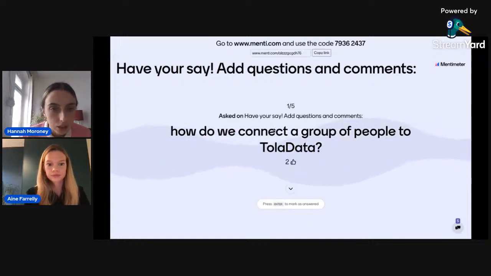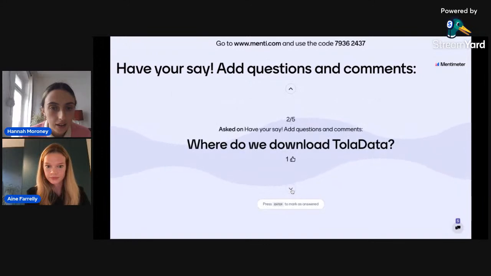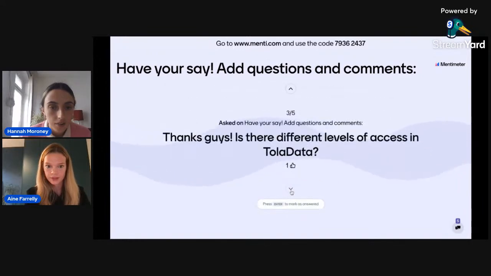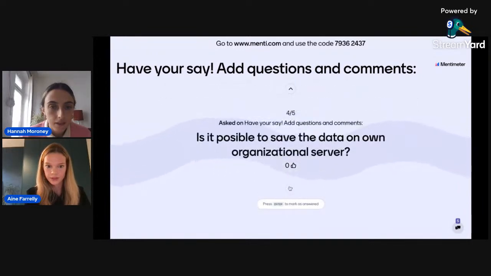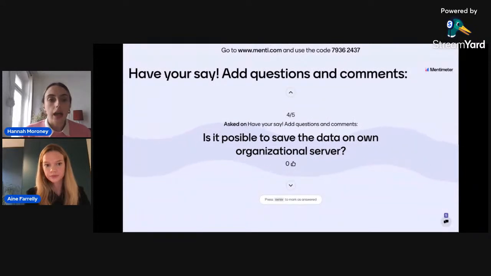I can see that actually 2 more have been added in there. Is it possible to save the data on own organizational server? So TolaData is hosted in the browser and the data itself is hosted in Germany because that's where we're based.